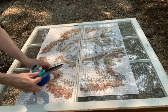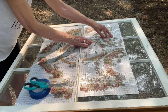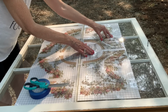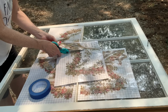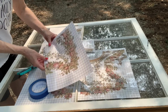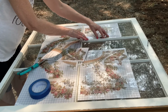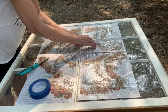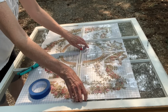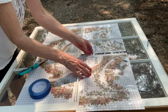This right here comes in several sheets, and as you can see, it comes in different sections. This transfer has a lot of delicate details to it, but like I told y'all, transfers apply to glass really well. So this shouldn't take you a long time to apply. The time that will be put into this project more or less will be designing it